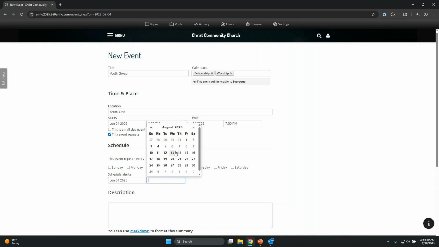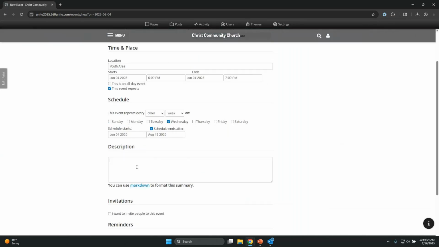Let's say the last time we're going to do that in the summer here, let's see. Starting June 4th, so 18th. The next time it would happen would be the 2nd. After the 2nd, then would be the 16th. After the 16th, would be the 30th. After the 30th, would be the 13th. Let's say the 13th is the last time we're going to do that. August 13th is the last one we're going to run. You want to make sure you end it on a day that it could actually end